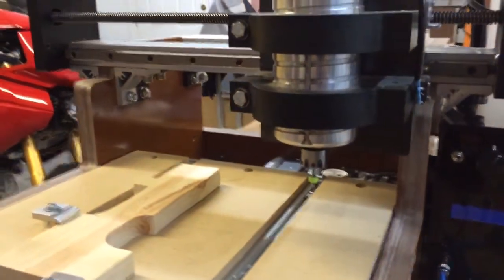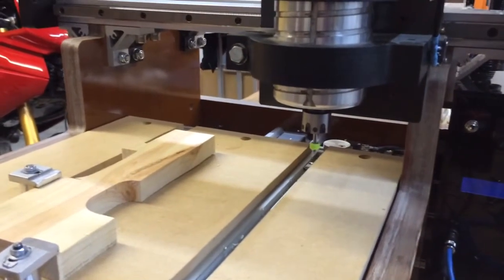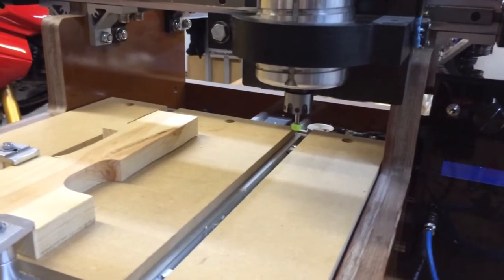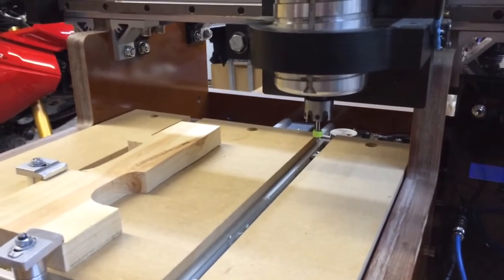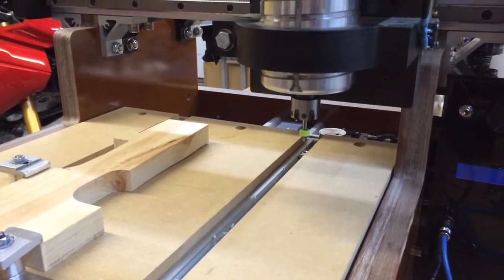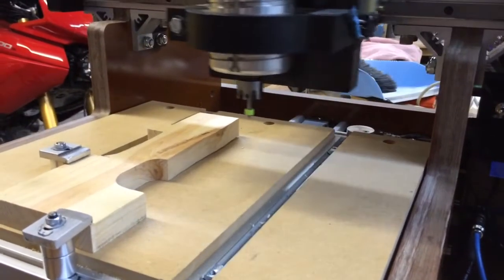and I've got a debug message in here that I need to turn off. Forgot about that, so we'll OK the debug message. And now the Z-axis is referenced and it knows where zero is. It also knows where it is relative to that reference plate, so that with subsequent tool changes it will know exactly where to go. So now I'm going to jog to a piece of scrap that I've got in here,